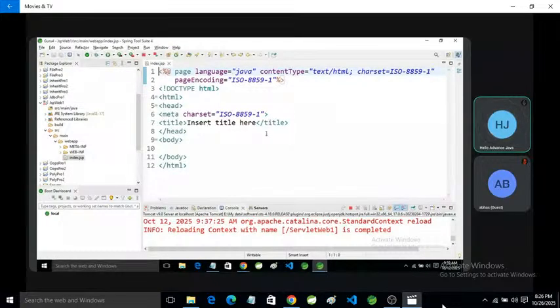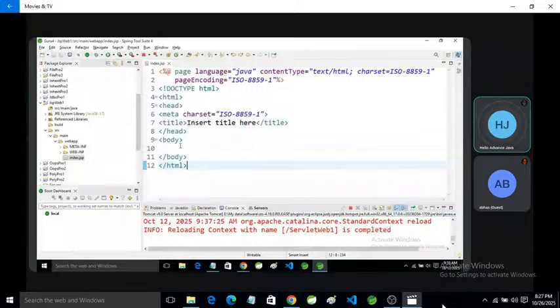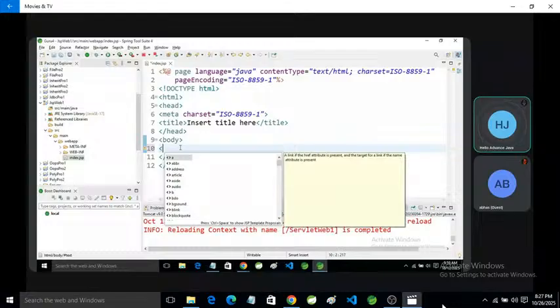Okay, here you can see this is a page directive. That is the symbol of the page directive. Here language and content type, which apply to the whole page, are declared in the page directive. And the remaining part is just like an HTML page. So we can create the HTML file if you don't know about the JSP file, because it supports all the tags of HTML.